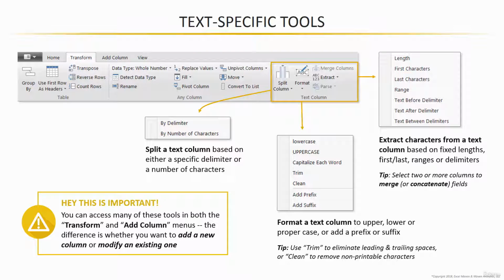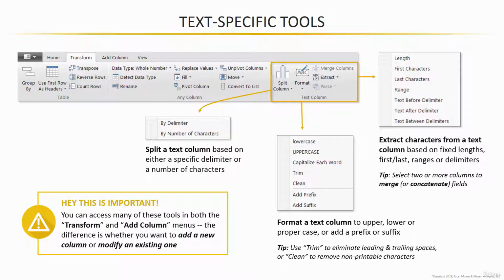And what I was noticing was that the same tools, in fact, the same identical sets of tools, kept popping up in different places. And for the longest time, I just thought this was really confusing and redundant until I realized that the outcome is completely different depending on where you select that tool. So when you select a tool from within the Transform tab, you're essentially modifying or overwriting the column that you've selected. But when you choose a tool from the Add Column tab, you're creating a brand new column to your